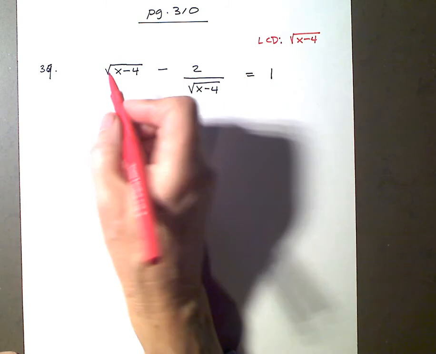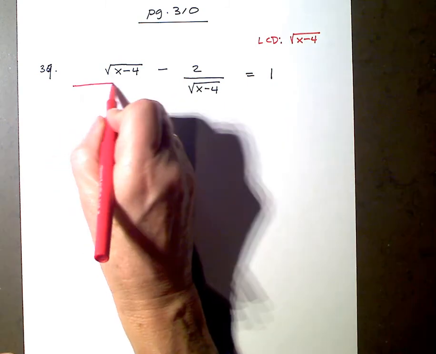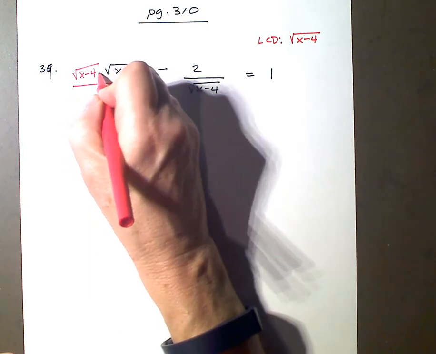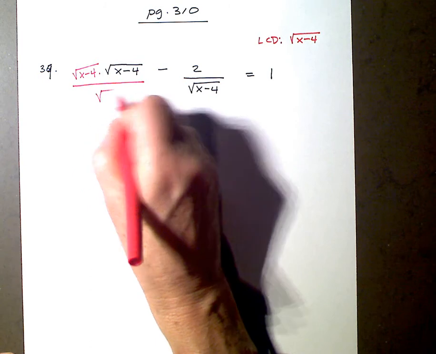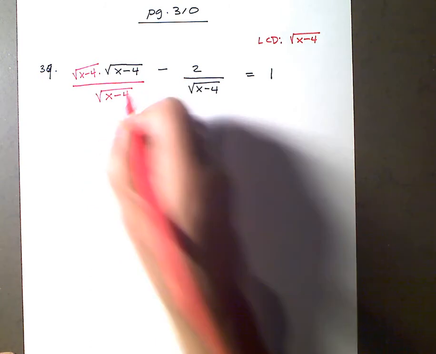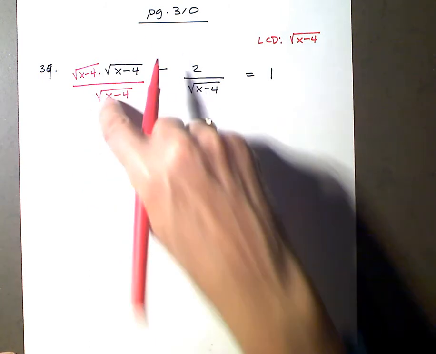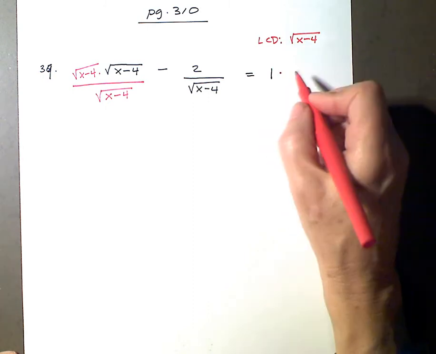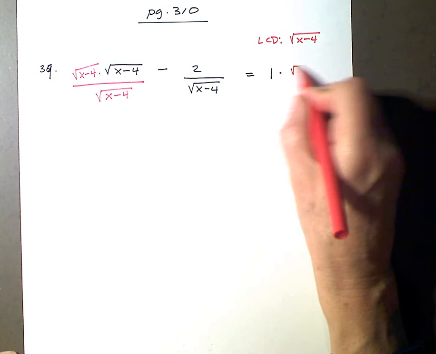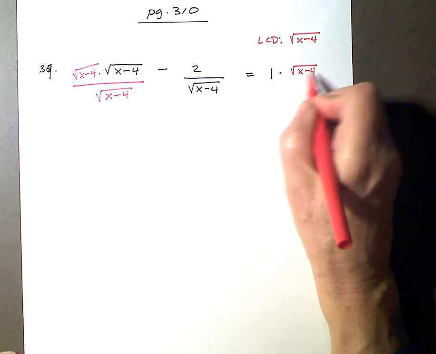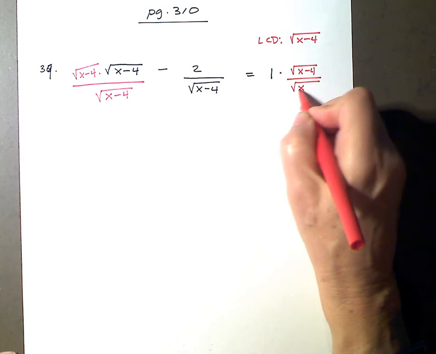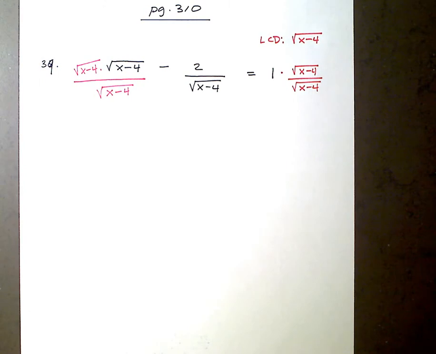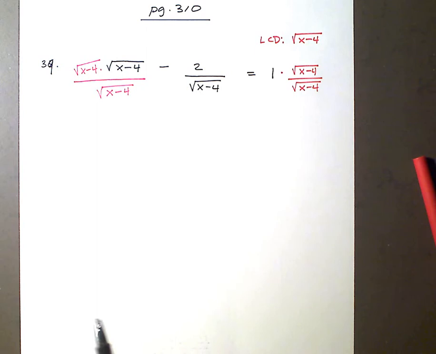To write this term over it, I have to multiply by 1 in the form of root x minus 4 over the square root of x minus 4. So that's a big fat 1 right there. And then this one is not over the square root of x minus 4, so that has to be multiplied by 1 in the form of root x minus 4 over root x minus 4. Okay, so now everything's over the square root of x minus 4,